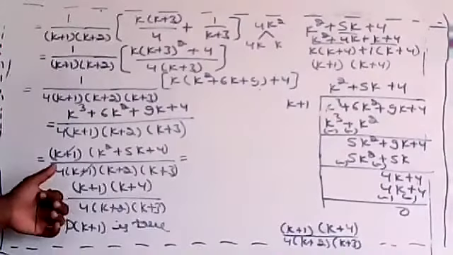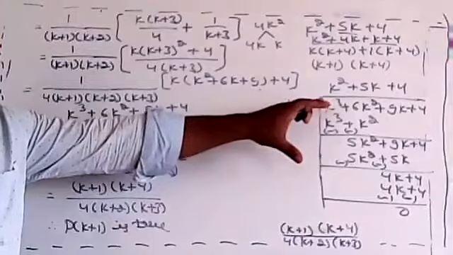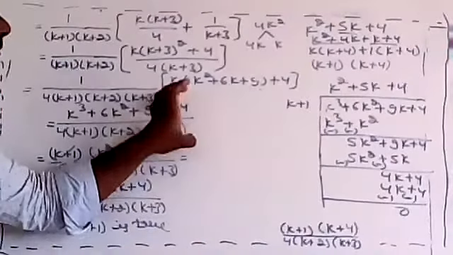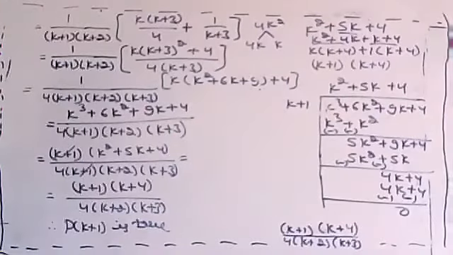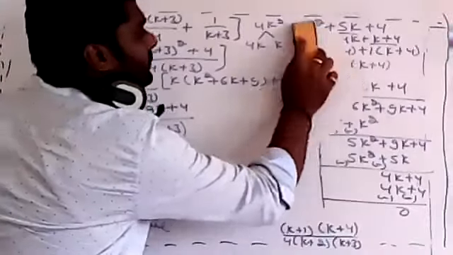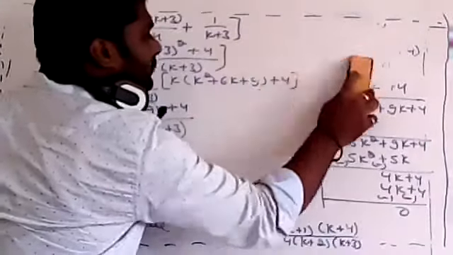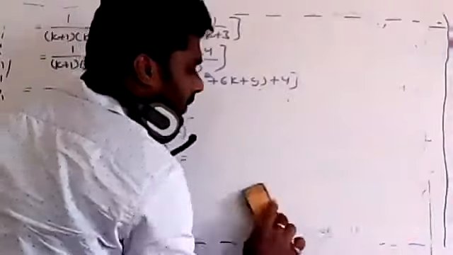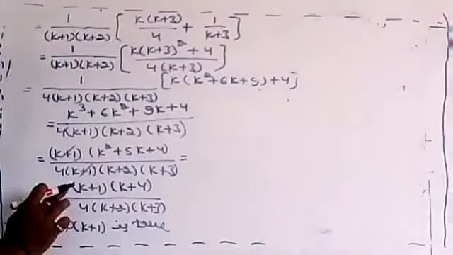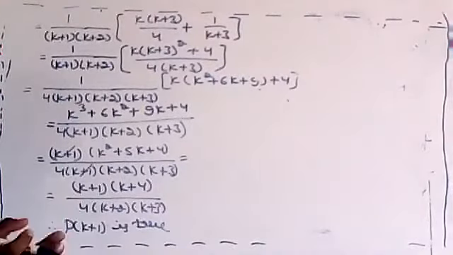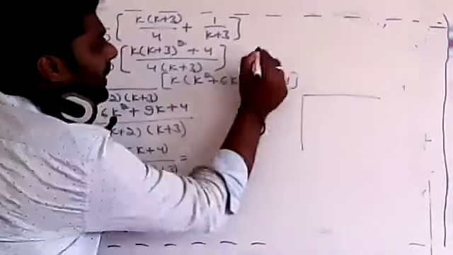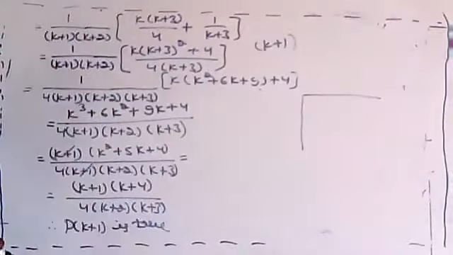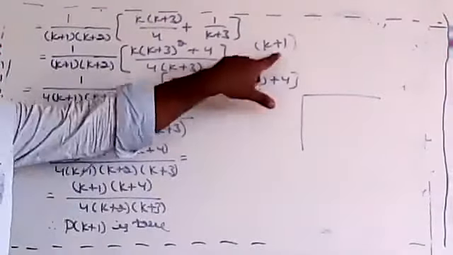Okay, similarly, yesterday someone asked, you can solve using the synthetic method also, but here they have given it in the form of a polynomial. You can solve by this method also. If you want the synthetic method, I'll show you how you have to solve it. Actually, we know that the first term will be k plus 1, by using P of k. So what you have to do, just draw this. We know that one product is k plus 1.